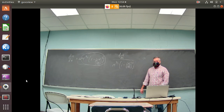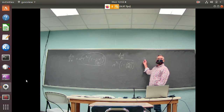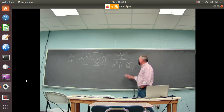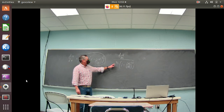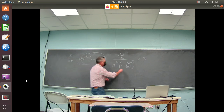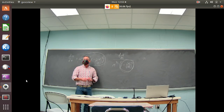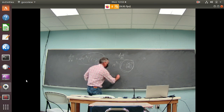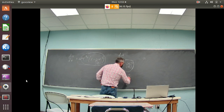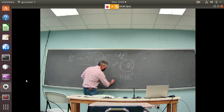And so when you go to integrate this thing on both sides by t, this will be easy. You get at plus a constant, so that's not a problem. So the key here, and this is where it just works out wonderfully, is if you let u equal that thing, your derivative ends up basically being that thing, up to constants. You always have constants to worry about. So if you let u equal 1 minus m over uppercase M to the 1/4, then when you take that derivative,